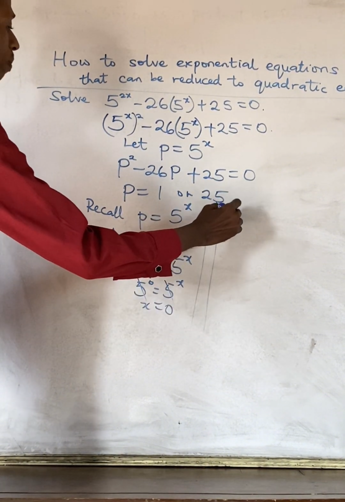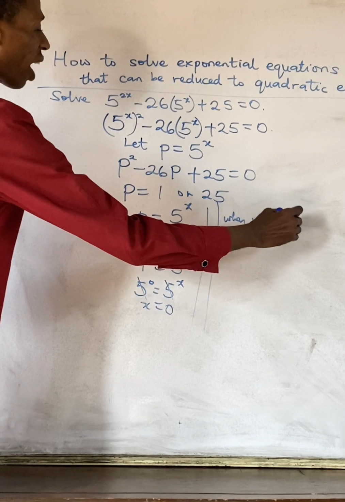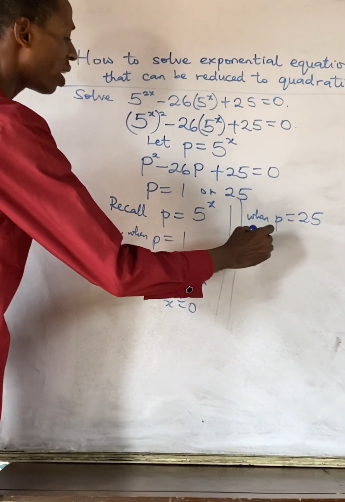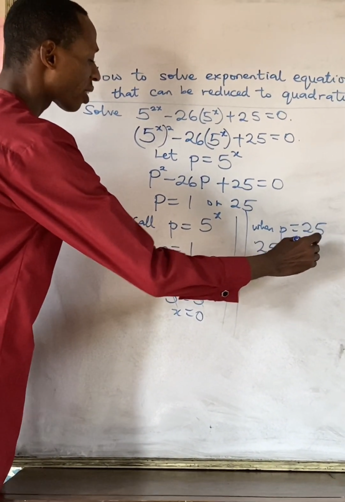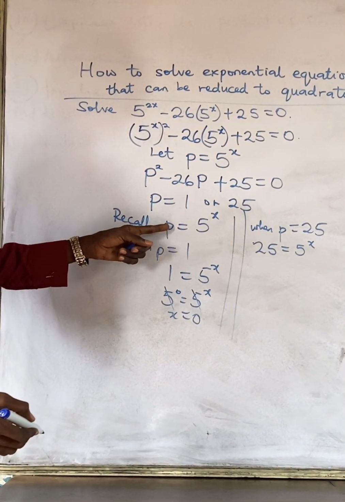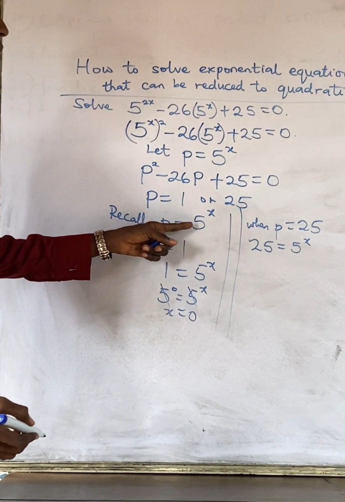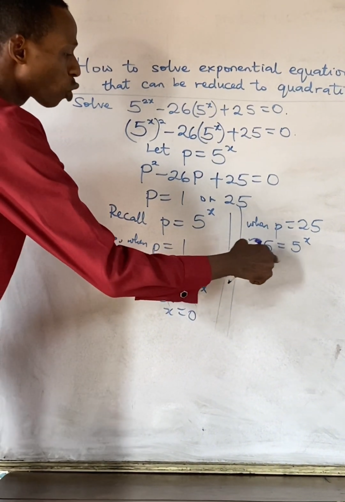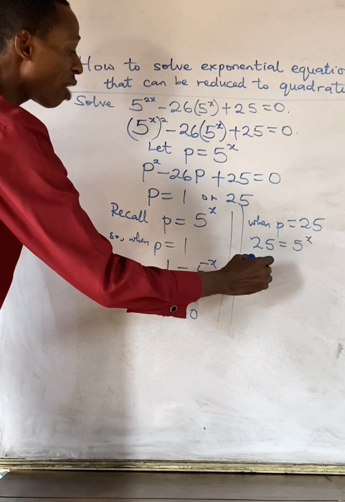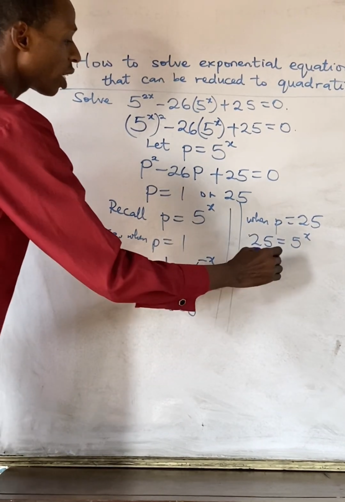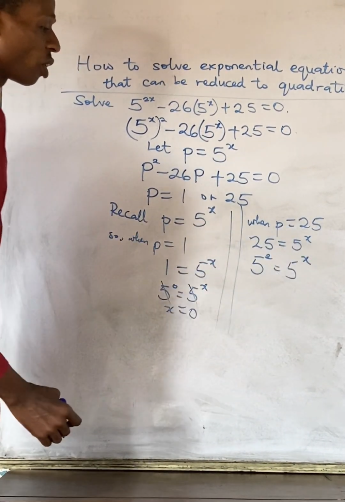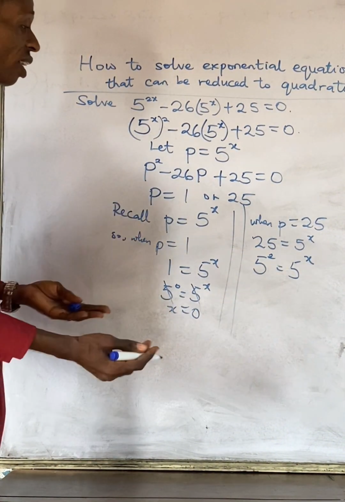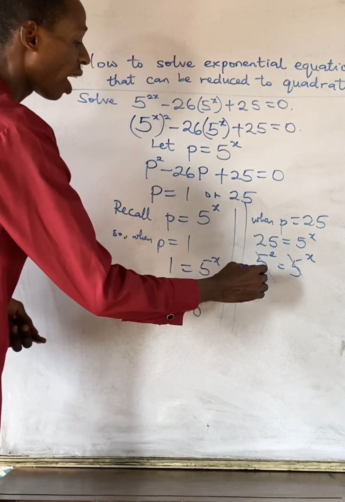Now, when p is 25, you say 25 equals 5 raised to power x. Don't forget, we are referring to this when you said p representing 5 raised to power x. So, 25, to be in this format of 5 raised to power x, will be 5 raised to power 2 equals 5 raised to power x. Of course, we have the same base, and you can now proceed to conveniently cancel. So 5 cancels 5, and we have x equals